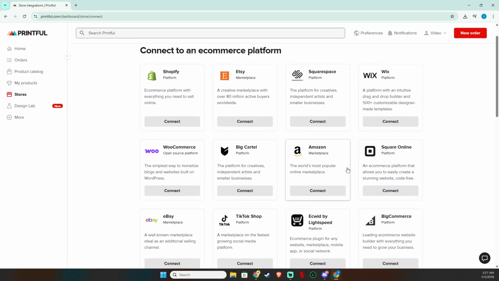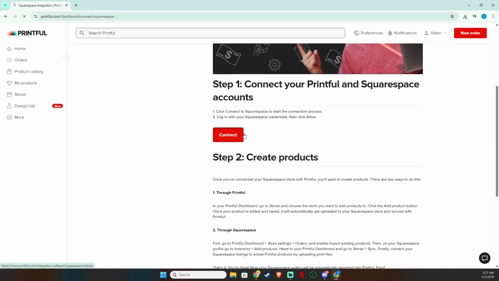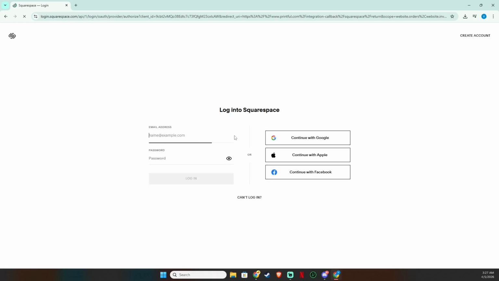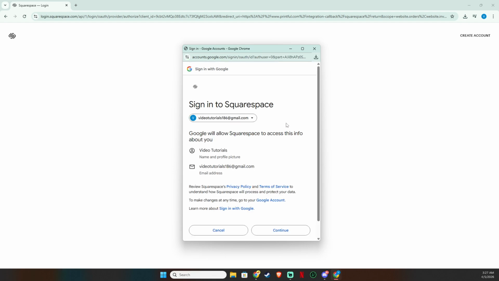Next, connect via the Printful integration option. Click the Connect button on this page to let Printful securely talk to your Squarespace site. This will redirect you to Squarespace's login and authorization screen. When prompted, log into your Squarespace account using your usual credentials. If you manage more than one site, select the specific site you want to pair with Printful, then review the